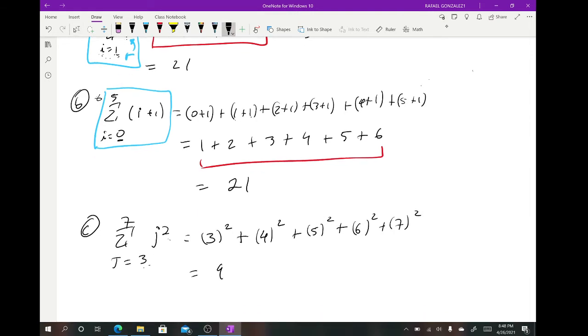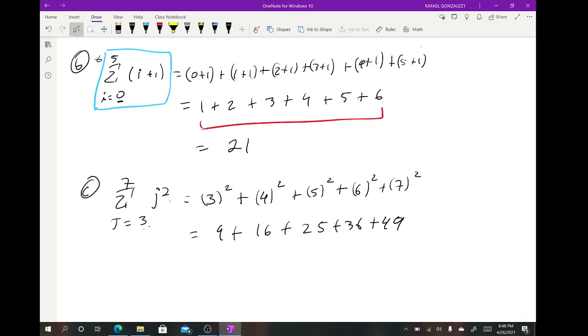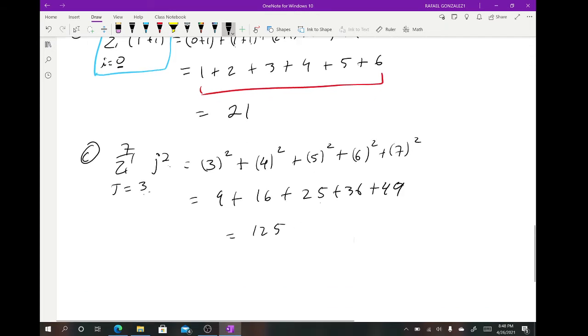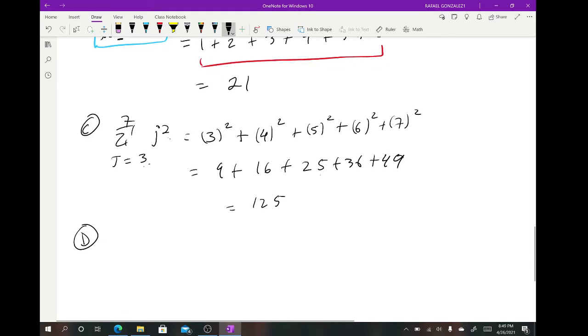So we get 9 plus 16 plus 25 plus 36 plus 49. And that will be the sum. I mean, if you bother to actually complete the sum, you'll get a solution for sure. But I'm not going to bother completing it. I mean, this is going to be 75 plus 25 is 100, so it will be 125. You can check my arithmetic there. And I did bother to complete it. All right, for the next problem,